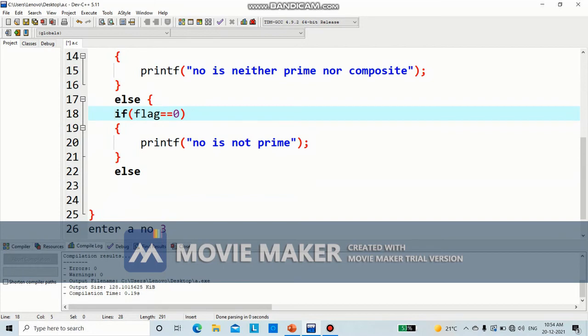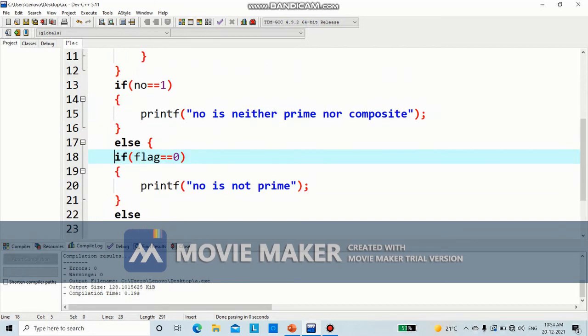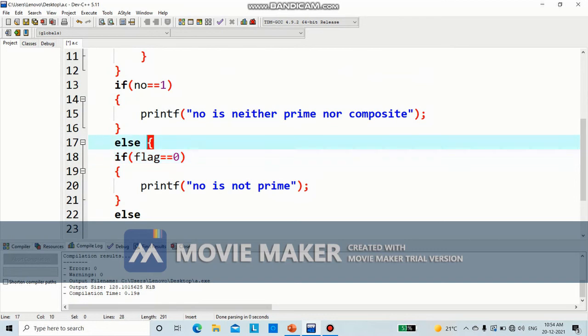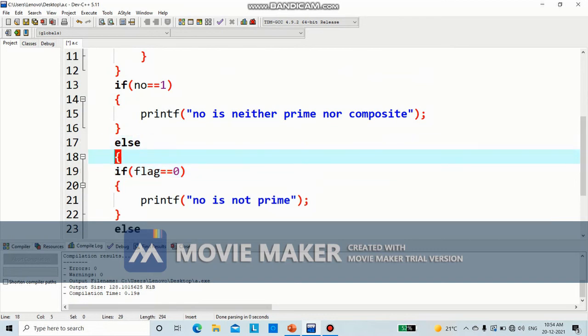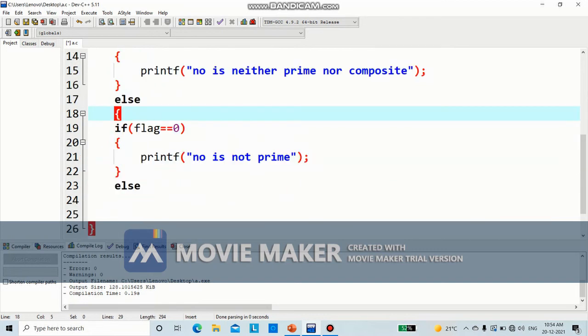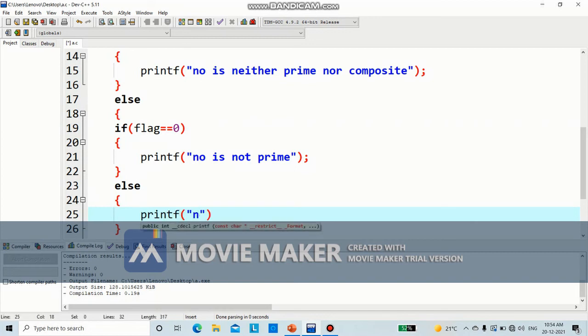Okay, so else, if number is not equal to 1, we are going to go to the else part. So here, inside else, again we are going to check the if condition. If flag is equal to 0, it is not a prime number. Else, I am not going to write again flag is equal to 1. I'll just write printf number is prime.